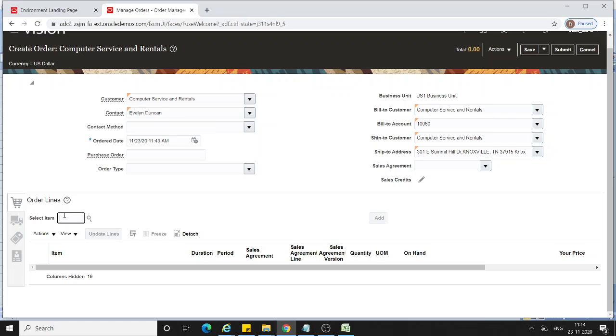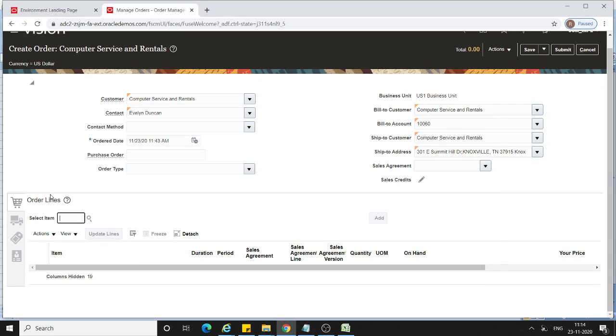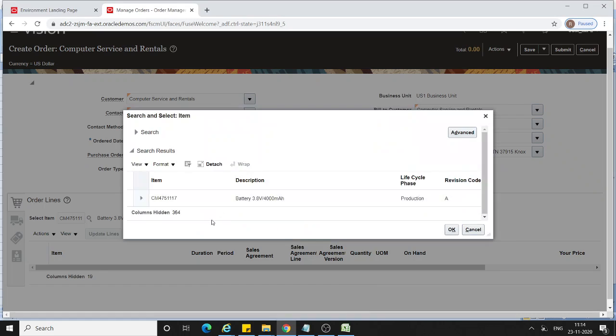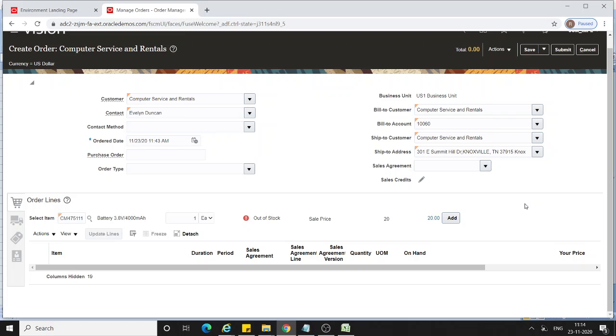So we need to select the item. I'm choosing this item because the sourcing rule is created for this item to get the item from 002 to 003 organization, which is transfer from. So select the item, and if you see, the item is currently out of stock. So what the system will do is it will try to get the item from the source organization, which is 002 in our case. Click add,